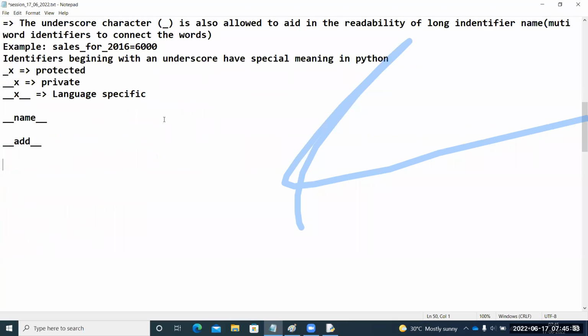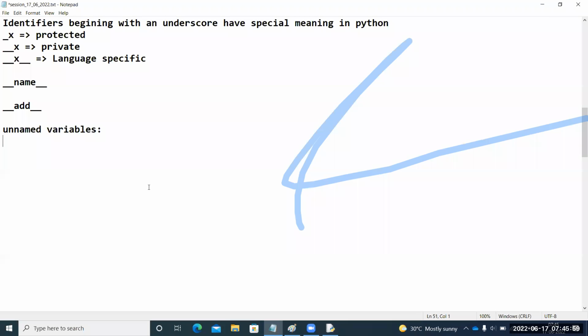You can define anonymous variables, unnamed variables, using the underscore, guys. Let me write it. Unnamed variables. For example, you want to define a variable without any name because the variable name doesn't matter. In some programming scenarios, the name doesn't matter, whatever you take. Generally, in for loops, we can see that type of scenario, right? What are unnamed variables? For example, let me write single underscore is equal to 999.